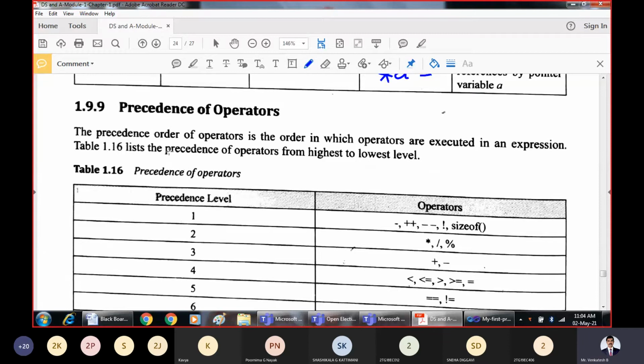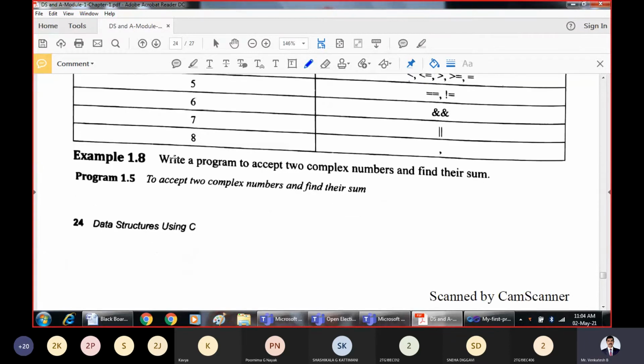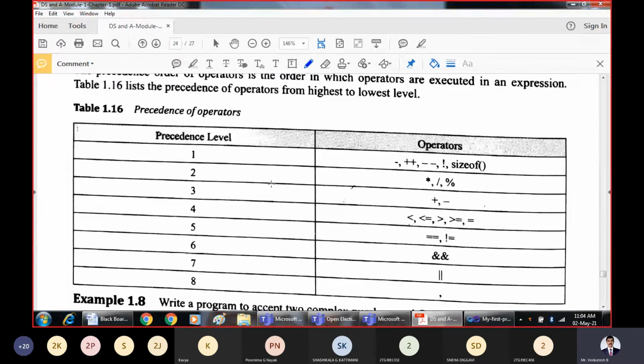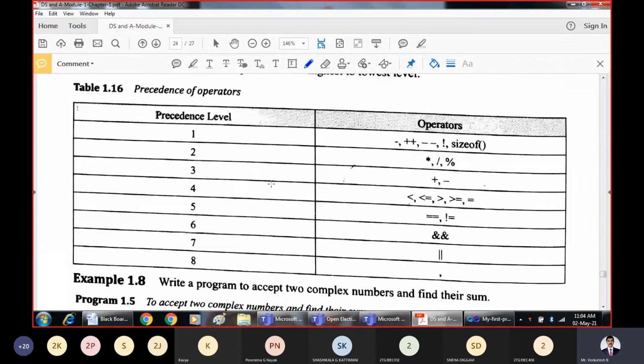Now, when we have different sets of operators, this table you should remember. It indicates the precedence of all the operators we have studied, that is, the priority given to the operators. The first priority is always given to this set of operators. Till now we knew the rule: brackets, division, multiplication, addition, subtraction.